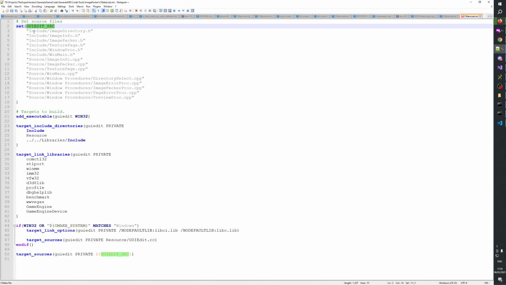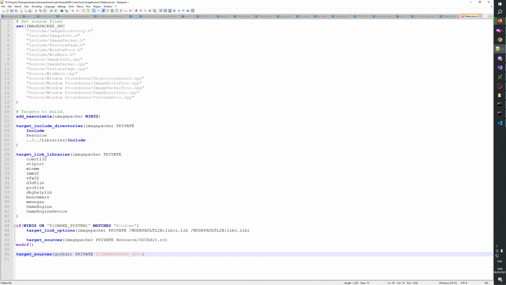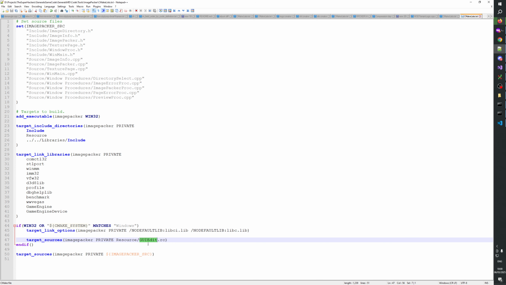Then we call this image packer source. There we go. This will be image packer Win32 image packer. There we go. Okay, resource. Let's see. Resource image packer. Yeah. To me, it looks like if this is the name here, then